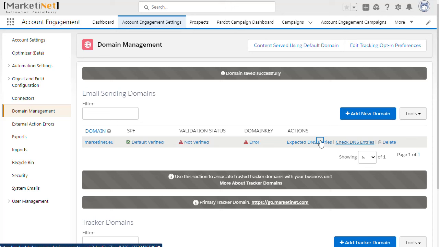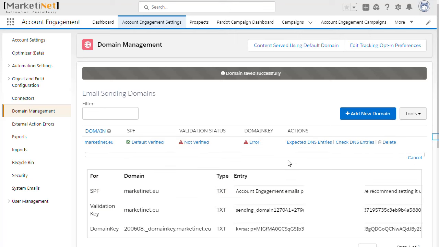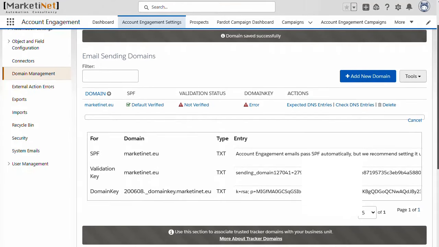As you can see here, Pardot displays a series of statuses. Therefore, what it will ask you to do is to include a series of DNS records in your domain manager. Let's see what DNS records it requires from us. Here you can see all the DNS records that we need to configure, so we have to copy these values